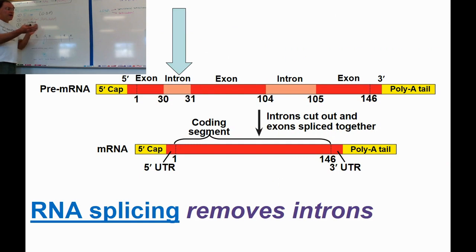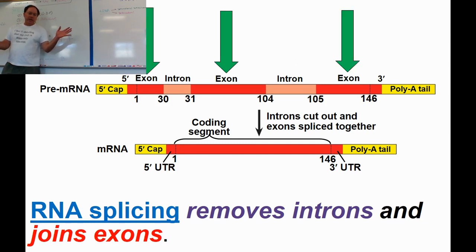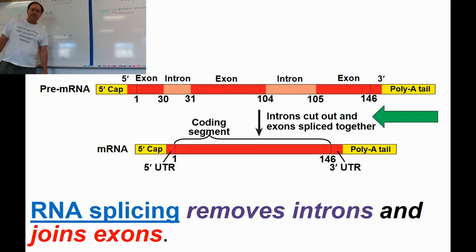So there are segments of the mRNA which are removed. These are called introns, and there's usually a sequence of letters about 150 nucleotides long at the beginning of each intron, and that's going to allow these spliceosomes to cut at those places. So they're going to cut there, they're going to cut there, and what you see here is that they're going to join the exons. So the exons are sequences of mRNA letters which are then put together. They're spliced together by the spliceosomes. So the spliceosomes cut at certain places, and then they put certain sequences of the mRNA together.